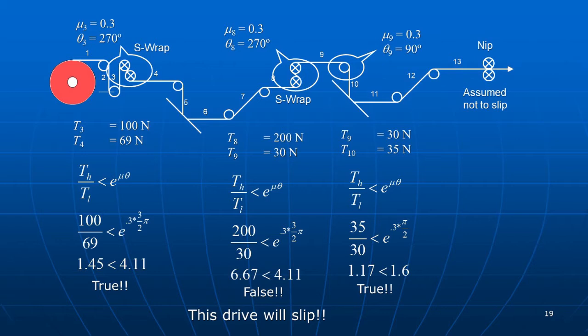If we look at this idler now, our tension ratio, TH over TL, is 35 newtons over 30 newtons for a tension ratio of 1.17. Our e to the mu theta value is 1.6, so this will not slip. Now, I'm usually not as conservative with the safety factors for idlers. Maybe they'll slip a little bit on startup or a little bit on shutdown. If it's not a fatal situation that causes a breakout, you can be a little more relaxed with the safety